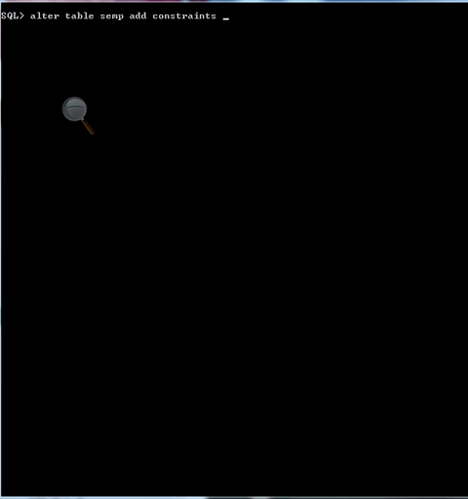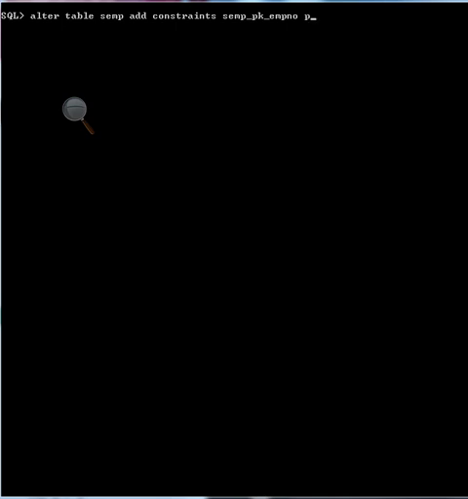For the SEMP table I want to make a primary key for the column emp number, so I have given any random name. This is a good naming convention.